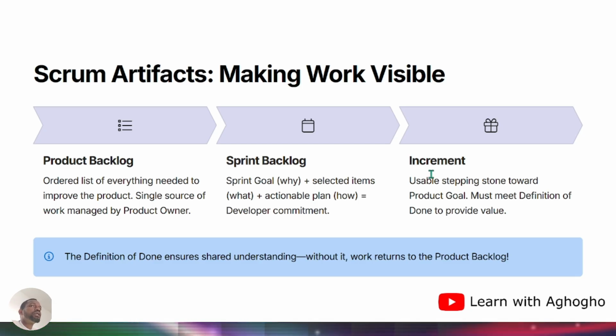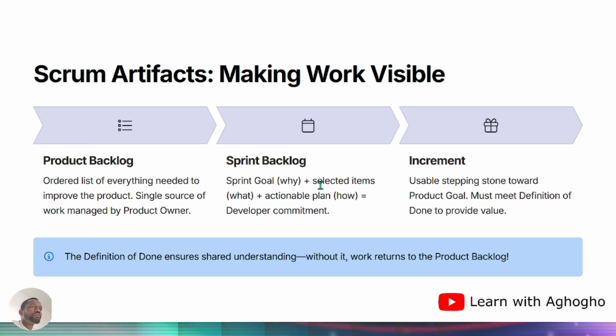On here, we will be looking at the Scrum artifacts, making work visible. So what are the tangible things that can happen? So these artifacts are the product backlog, the sprint backlog, and the increments. Okay, so the product backlog is an ordered list of everything needed to improve the product. Single source of work managed by the product owner, as I've previously